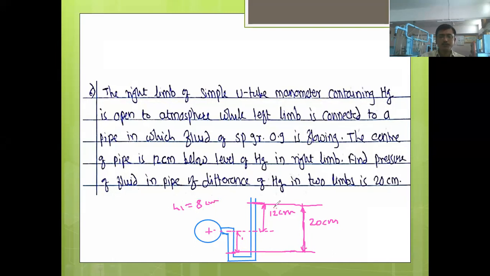What will be the value of H2? 20 centimeter. Correct. From the datum, this lower level to this line, the value of H2 will be 20 centimeter. So this will be the diagram,